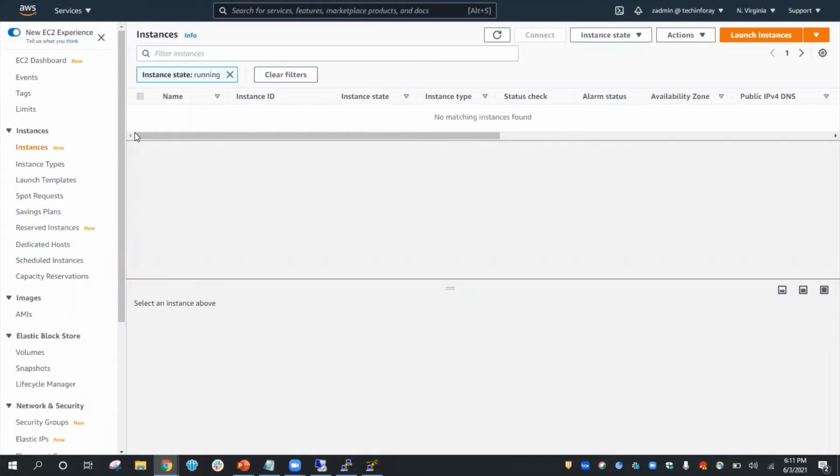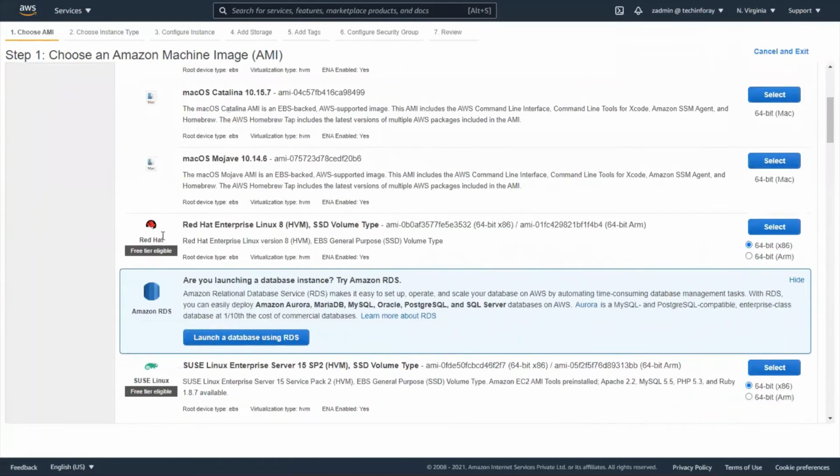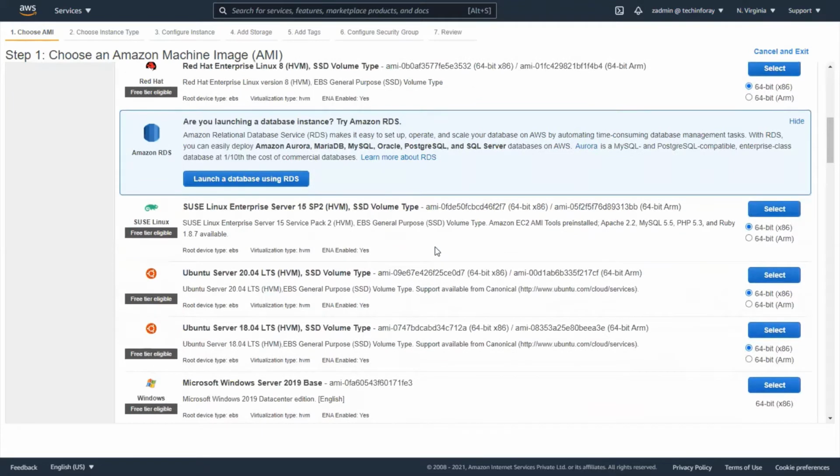So we are on EC2 instance page. So here we can click on launch instance. And here we can see a list of different instances that are available, and we can launch any machine out of it. But the main thing that needs to be kept in mind is free tier eligible. For your free tier account, we need to select only instances that are mentioned as free tier, because if you select these, you will not be charged anything. In case you select any other machine, then you will be charged for that. But for practical demonstration, you can select these free tier eligible, and these are having sufficient resources.